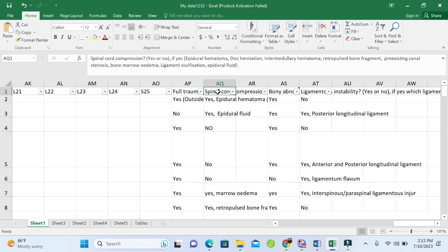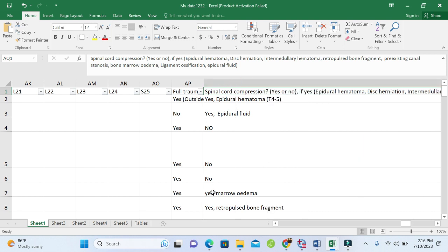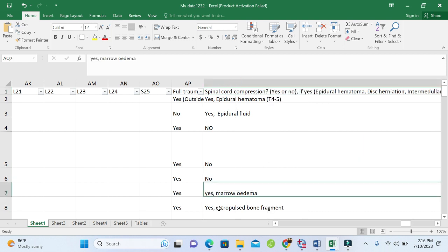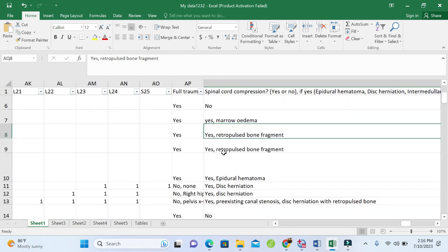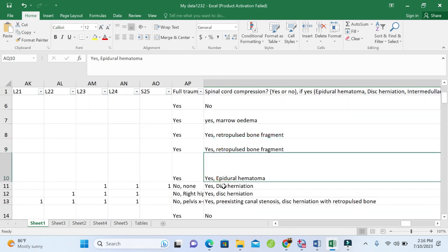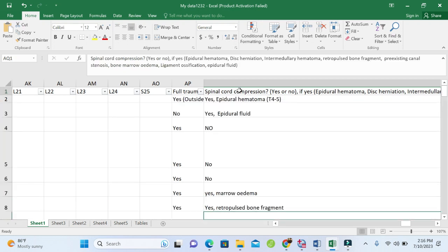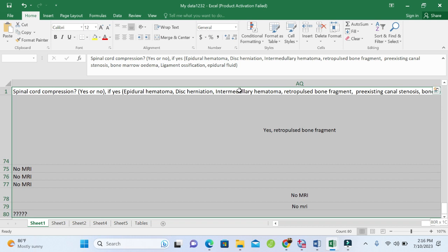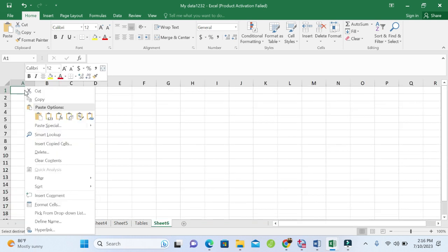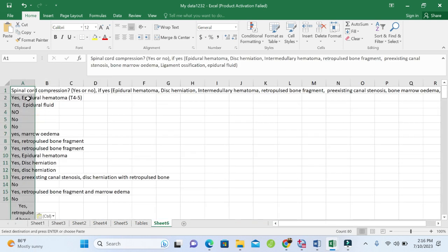We can see that the variable has the responses like yes, and then after comma there are other responses. I just want to separate them. You can see yes, and then lady's response. These are the responses. What you have to do is basically you need to copy this variable in another sheet